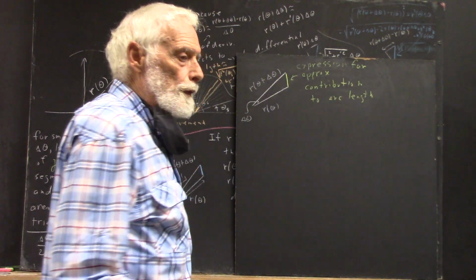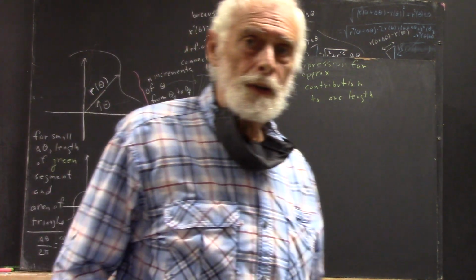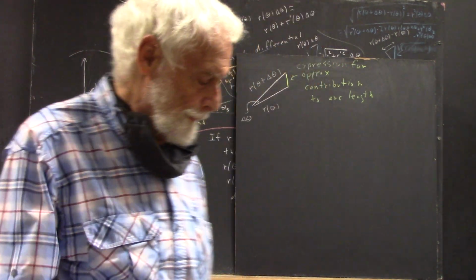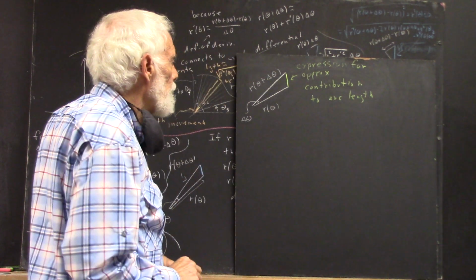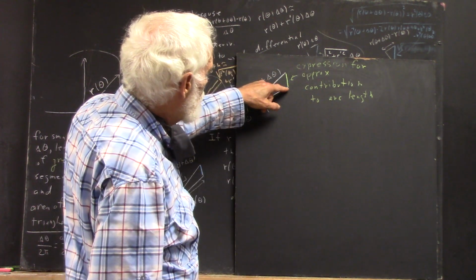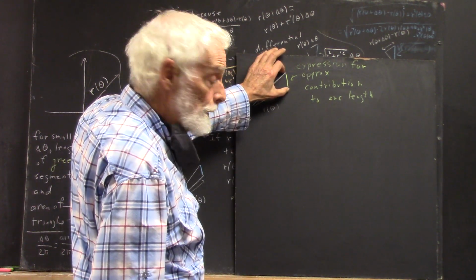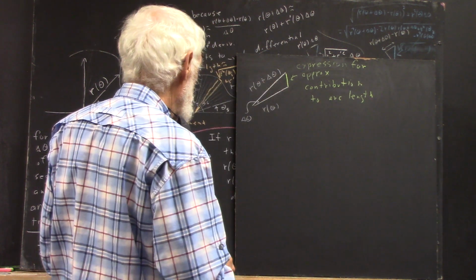Now, we could use the law of cosines and get an expression, but that's not particularly informative. So we don't really want to do that. So we note that this is going to be longer than